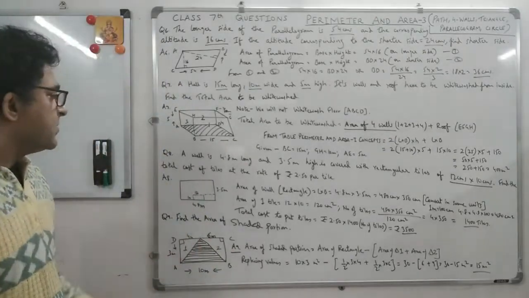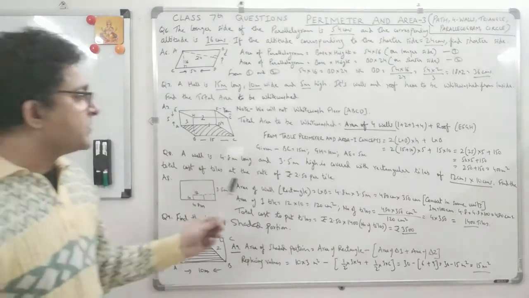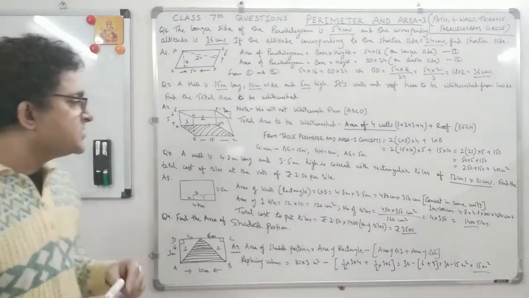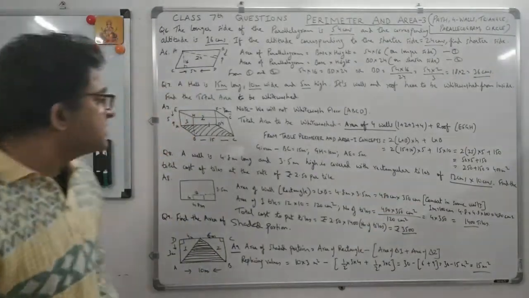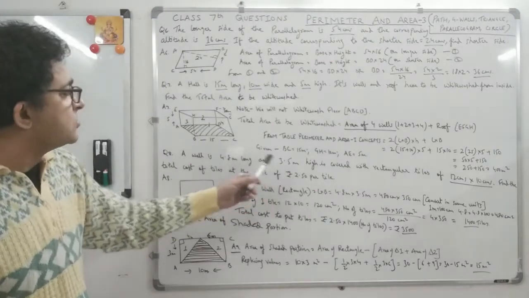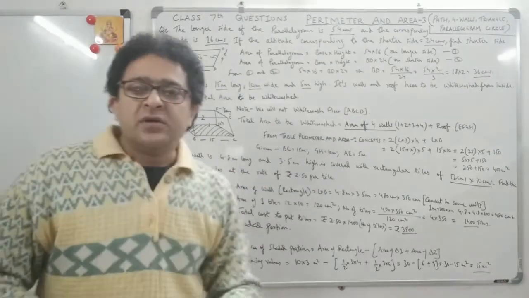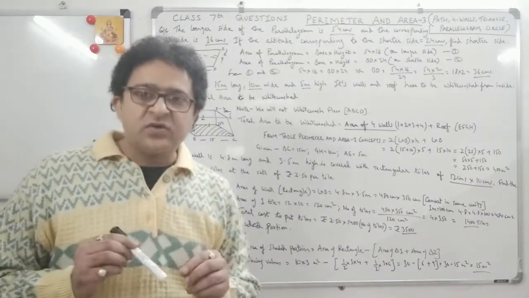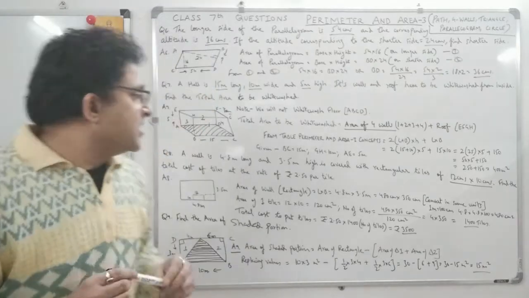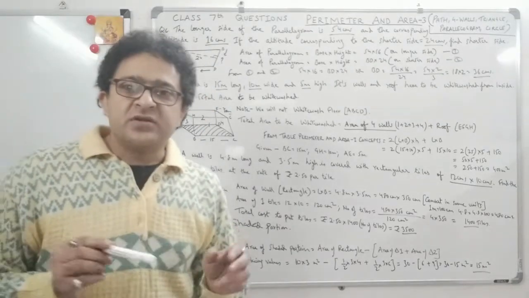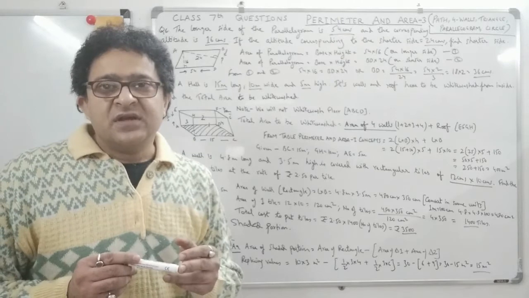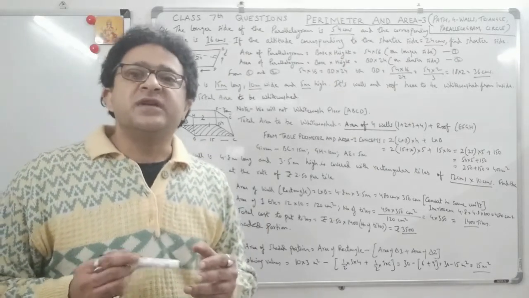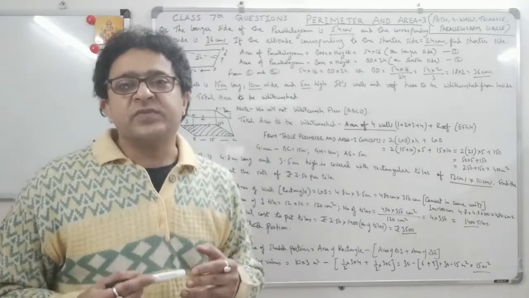You just have to make a diagram and just be careful that if you always want to know how many tiles, then units have to be same. Otherwise, if this would have been centimeters, no issues. Usually wall is bigger, it is in meters only, and tile will be in centimeters. So in this question you have to be very careful that the small tile may be given in centimeters, and the room or wall will be in meters, so convert meters into centimeters if they ask you how many tiles would be required.